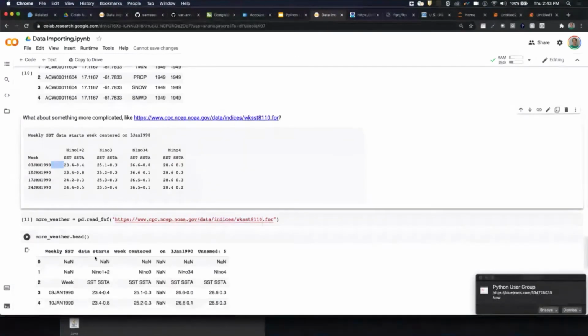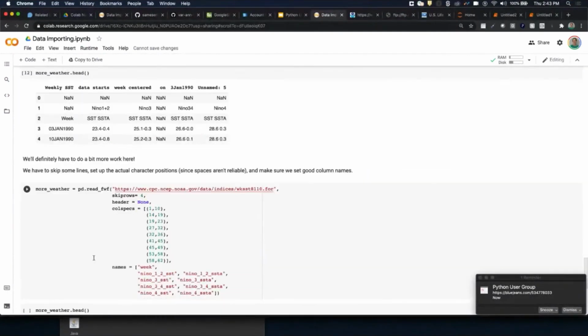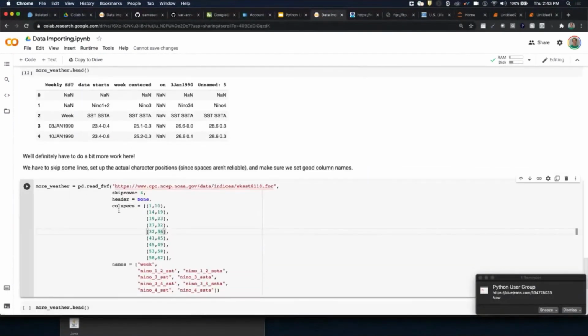So exactly, Meredith, iteration happens. So I iterated on this a few times until I got these numbers right. And these are what are called column specifications. So these colspecs are pairs of numbers that tell you the first column that a value begins in, and then the first column that it is not included in.